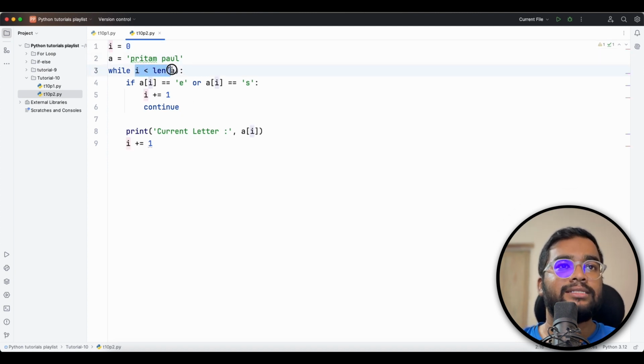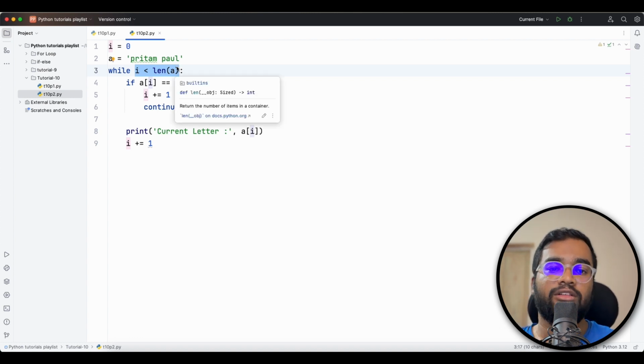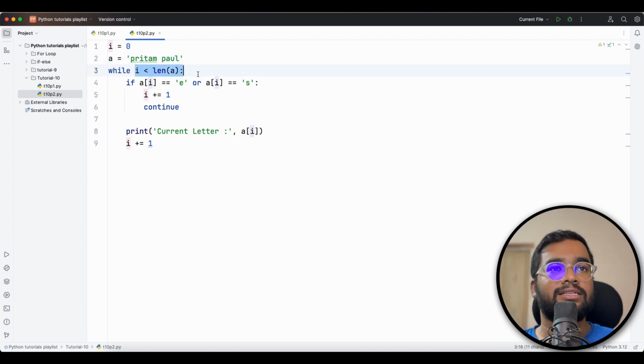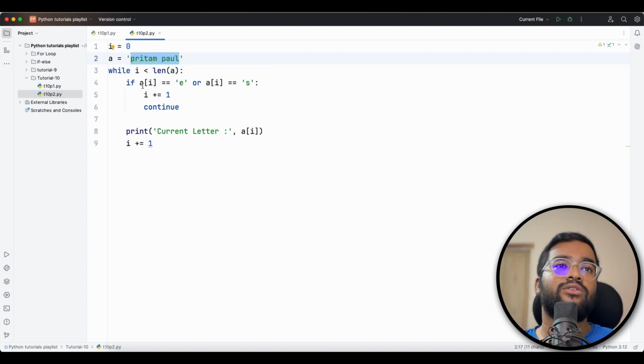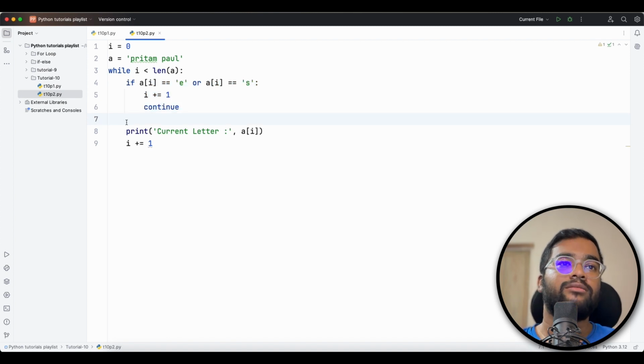Now i < len(a). len is a function which determines the length of a string, tuple, list, or whatever the object is. The length is 11, right? So 0 is less than 11, yes, then it will be executed, or else it will break out of the